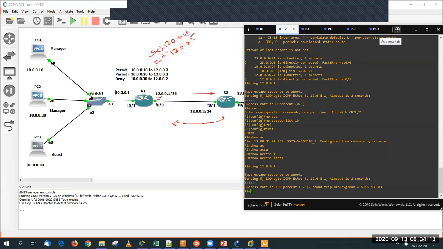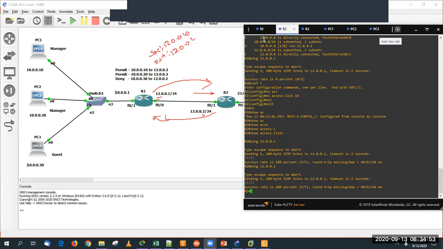Now, as you guys know already, the ping is a round trip packet. So ping goes and comes back. That's how we check the connectivity. So when I generate a ping from my R2 towards R1, the packet is actually going from here to here. And for that packet, source IP will be 12.0.0.2, and destination IP will be 12.0.0.1. Now when the packet comes back, as a reply packet, the source IP again becomes 12.0.0.1, and that gets blocked in R2 because of the access control list. That's what happened.